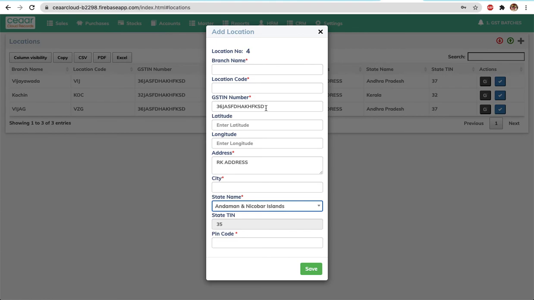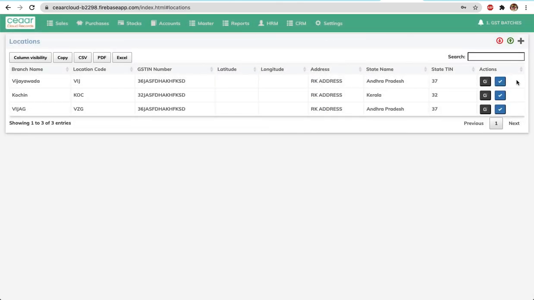This GSTN comes primarily from the company's GSTN number, that means the head office. If it is the same, keep it, otherwise change it. If a particular location is closed for business for whatever reason, and you have moved to another location or another city, you can deactivate this one and create a new one.